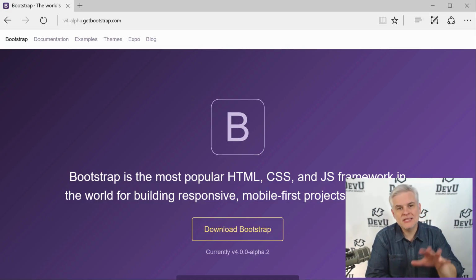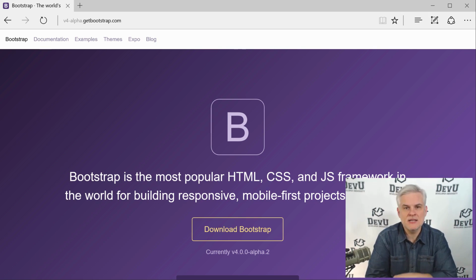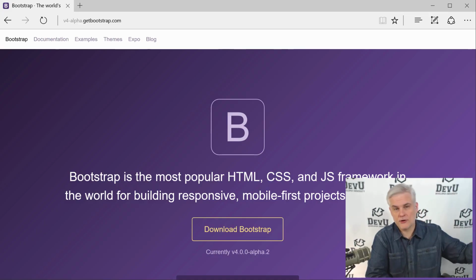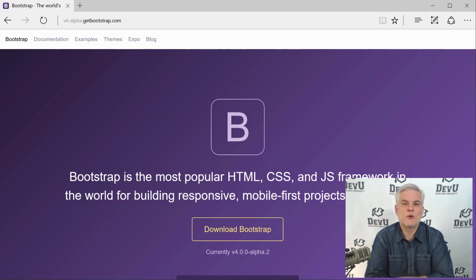And furthermore, using the default Bootstrap files, the unchanged Bootstrap files, you do get a huge benefit through the use of content delivery networks, a CDN, to minimize or eliminate the load time for that file. So in many cases, if you're sharing the same content delivery network for a Bootstrap file or some other CSS or JavaScript file, and if other popular websites are also using that same source for their CDN, then the files will already be cached in the viewer's web browser from their previous visits to